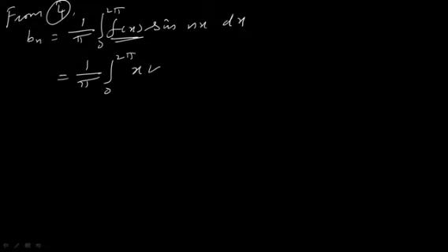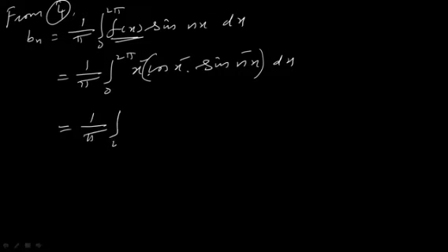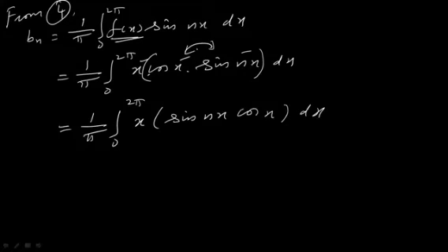So your f of x is x cos x sin nx dx. As usual, it's a product of three functions involving x. So we don't have any formula to evaluate this. So for that, let me try to combine, is there any formula to replace these two, that is cos into sine. So what I am going to do here is 1 by pi integral 0 to 2 pi x. I have to take the sin term first, sin nx and cos x dx. Thus interchanging the positions, that doesn't change the value of this integral. Am I right? So in the next step, you know